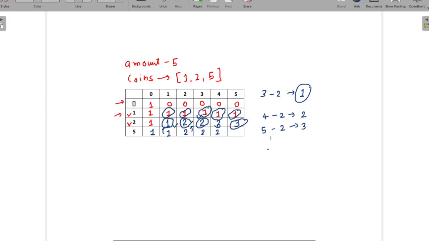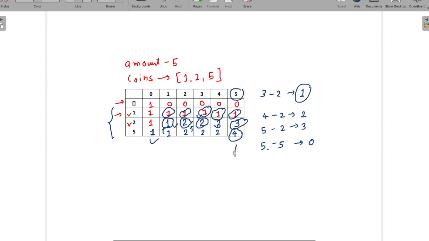What are all the other possible solutions? So 5 minus 5, just do that and you will have 0. So go back to the 0. One possible solution we can get from there. So 3 plus 1, that is going to be 4. So for all 3 denominations and amount equal to 5, we can get the result from the last corner.